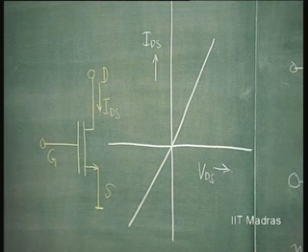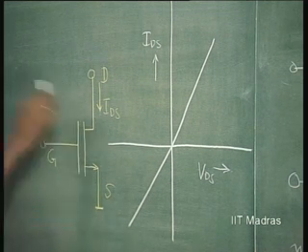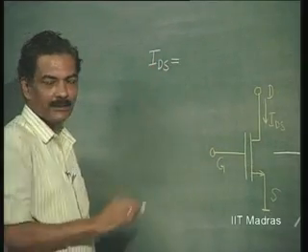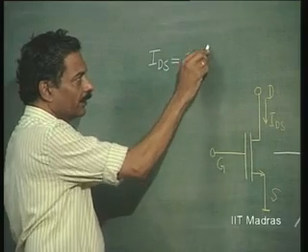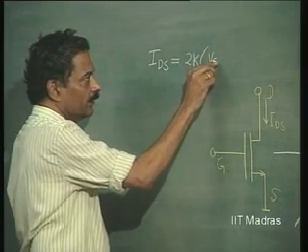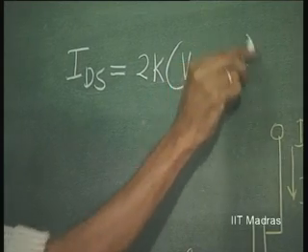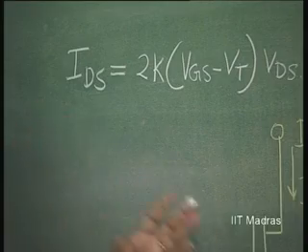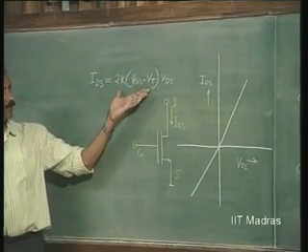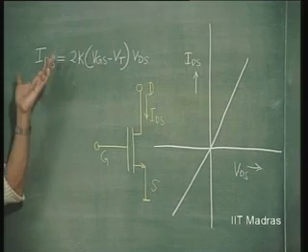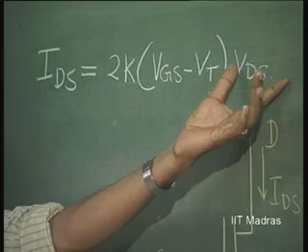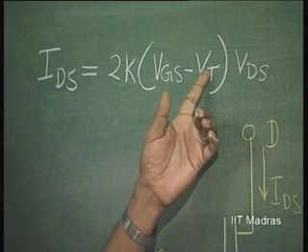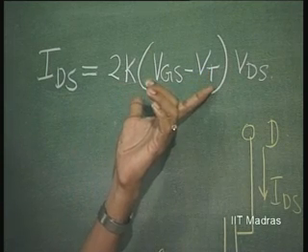This we have understood, and we have understood also that this is simply governed by IDS equals 2K times (VGS minus VT) into VDS. So, please remember this linearity comes about because of this relationship. IDS is directly proportional to VDS, and the proportionality constant is 2K into (VGS minus VT), which means that